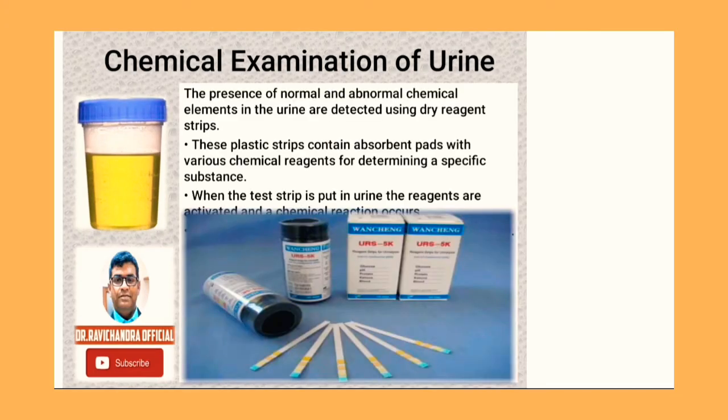Urine tests can also be done using the strip method. The presence of normal and abnormal chemical elements in the urine is detected using dry reagent strips. These plastic strips contain absorbent pads at the terminal end with various chemical reagents for determining a specific substance in the urine. When the test strip is put in the urine, the reagents get activated and a chemical reaction occurs which results in a change in color,